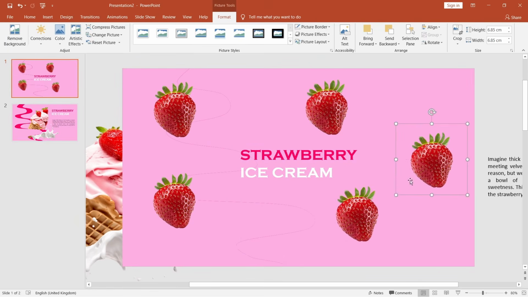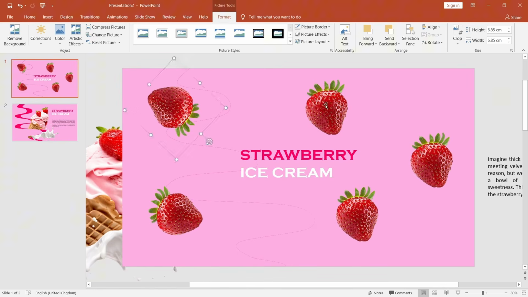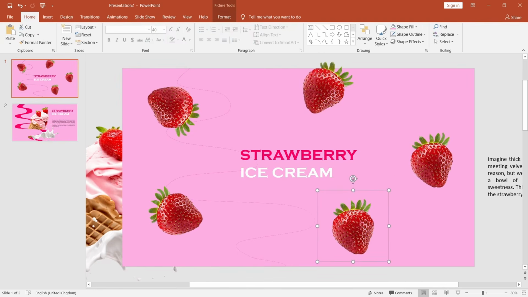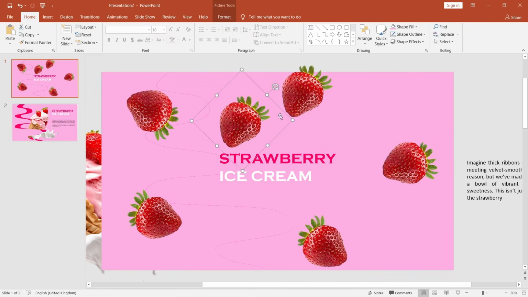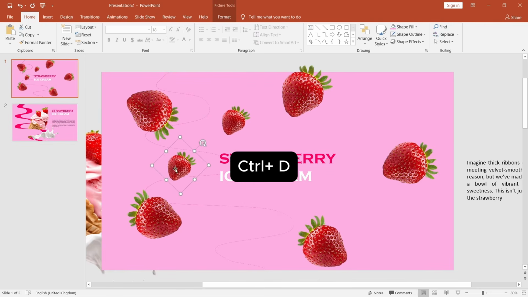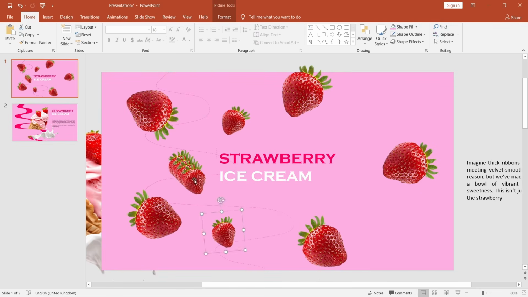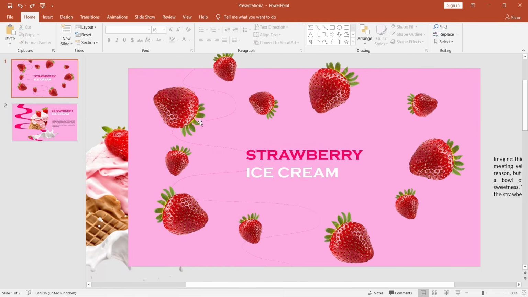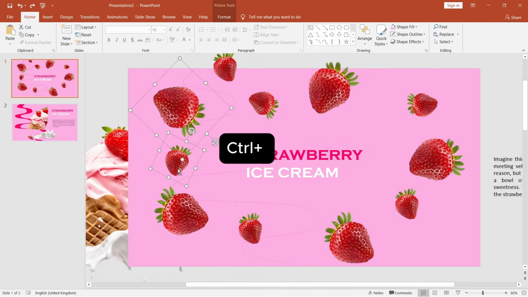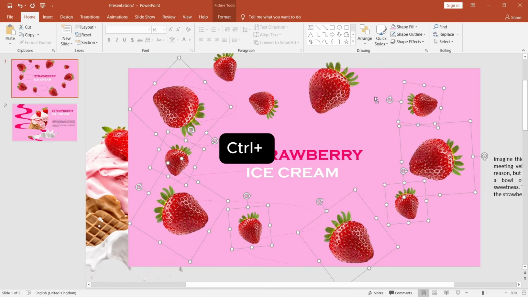Place the strawberries around the text and rotate them like this. Let's also add some smaller strawberries, duplicate them to have more, place them around the text, and rotate them to different angles. Once finished, select all the strawberries by holding the Control key and group them by pressing